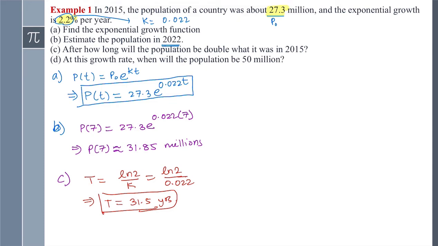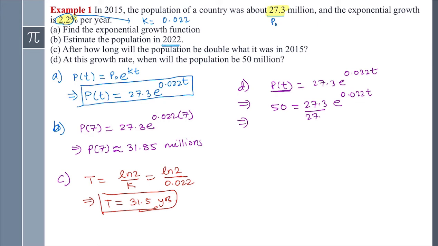Now let's look at part D of that question. It asks, at this growth rate, when will the population be 50 million? Now we need to find the time. Again, we'll use the function P of t equals 27.3 e to the 0.022t. We are given the future population, so 50 equals 27.3 e to the 0.022t. Now we have to solve this exponential equation. First we are going to divide both sides by 27.3, and when we do that, we get e to the 0.022t equals